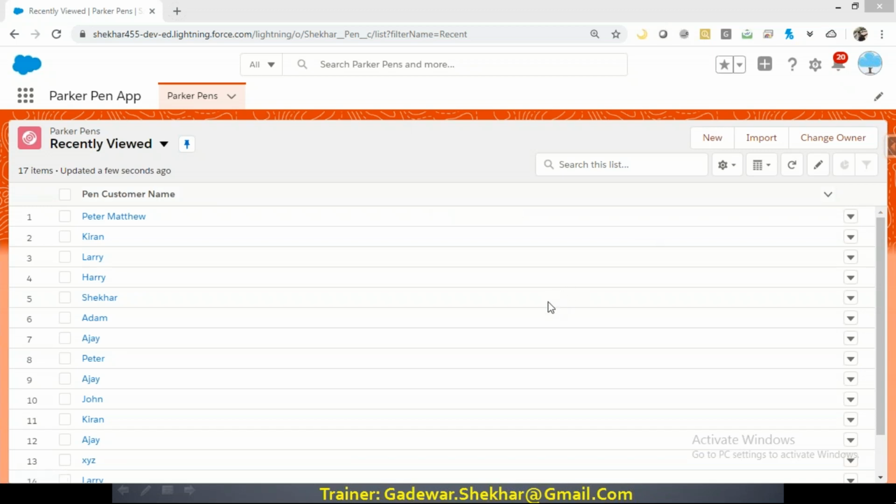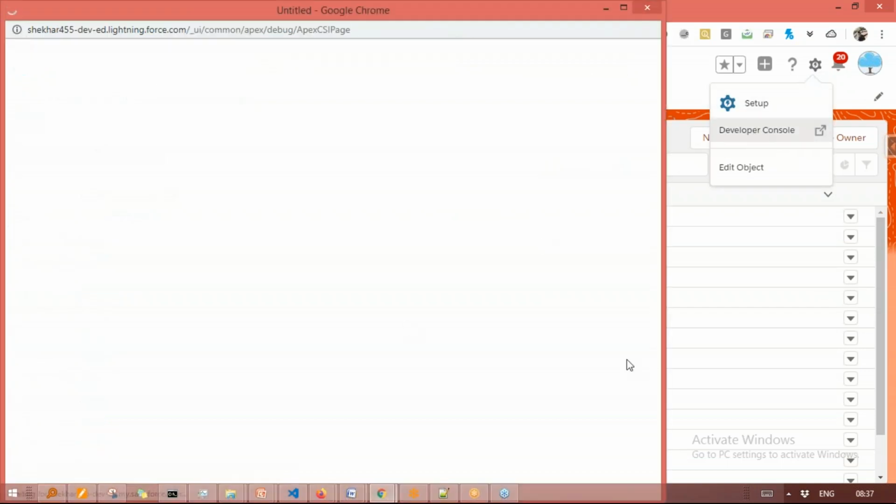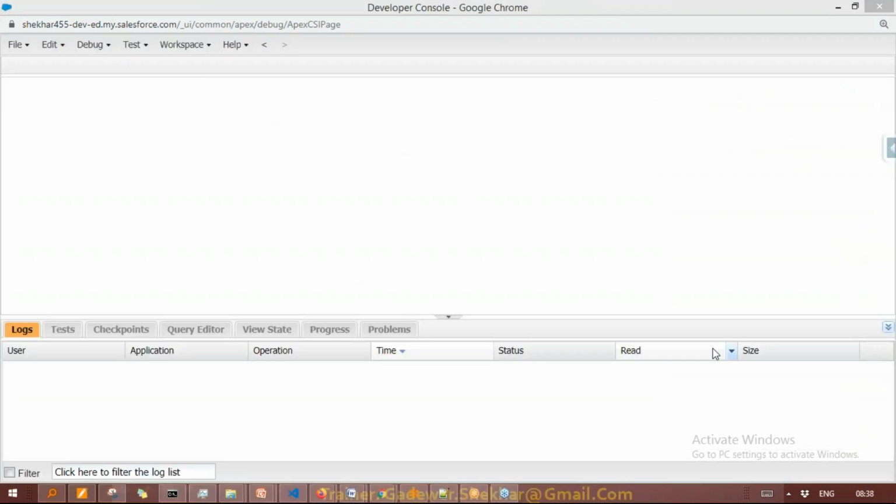If I want to do this in the Salesforce style, that is the non-select-star style, then let me go to the developer console and show you the way we have if you don't have knowledge of today's topic. Let me show you that. First, I will open the developer console, and in that I will go for the anonymous window. You know very well how to open and use the anonymous window.